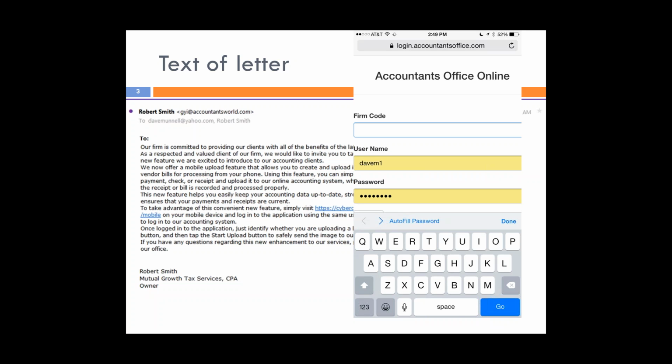As you can see, when I came in on my phone, it already had my username, because it remembered from before. And if I choose, it can also remember my password. One other point about this webinar: normally I do a live webinar actually in the program, but since I can't really show you what's going on my phone, I took a lot of screen prints and just put them up here. Okay, so they enter this information